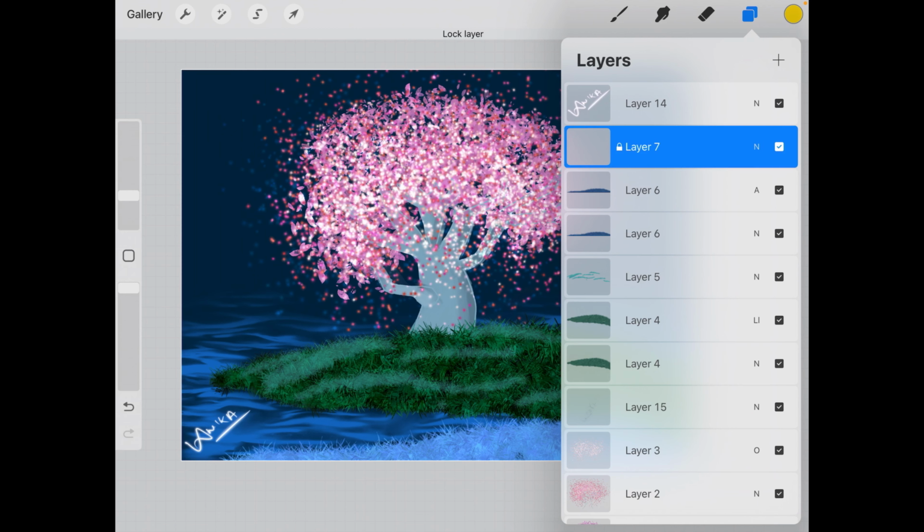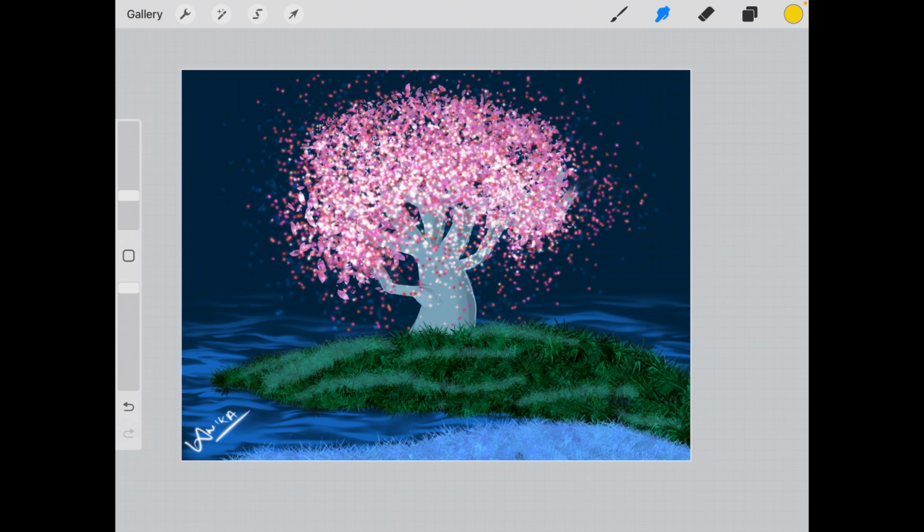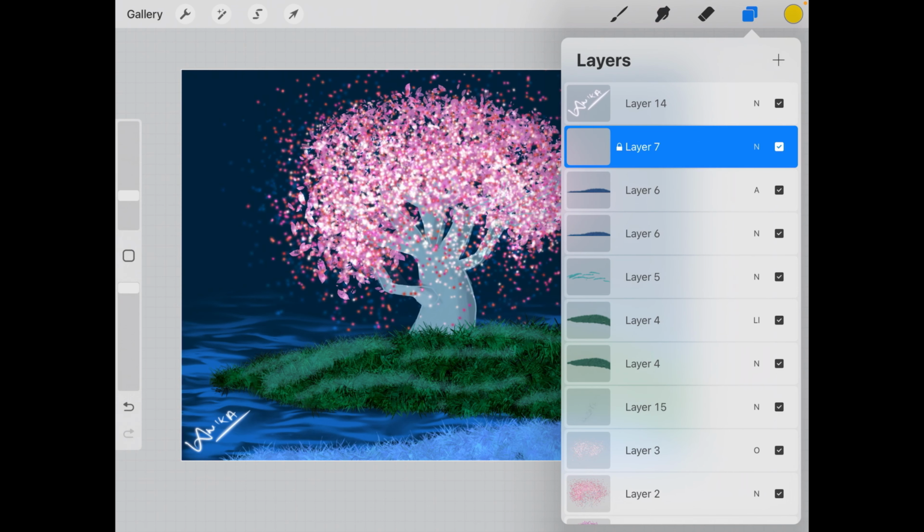Now if you swipe a layer and you click on lock, what happens is that you cannot really change anything on that layer. You cannot draw on that layer. See, it will give you this, I'll tell you this. Okay, so I'm going to unlock, and only then it will let me delete that layer, because that was empty.